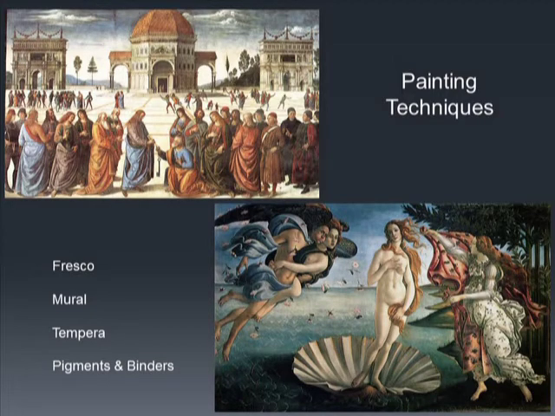Now, also keeping with this, and we did discuss this last week when I showed you the Mona Lisa, is that could, in the case of Perugino or Botticelli, could they have just taken this upon themselves to create these works of art and then go to the church and say, hey, I have an idea for a painting on the walls of your church, let me do it, and if you don't like it, you don't have to pay me? Or did Botticelli paint this in his studio and then go to the Medici family and say,